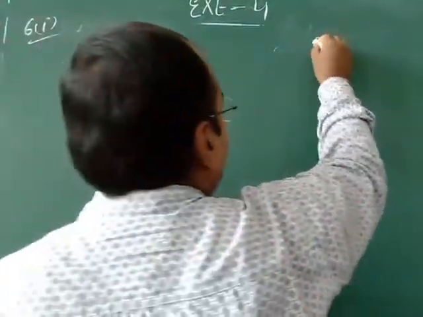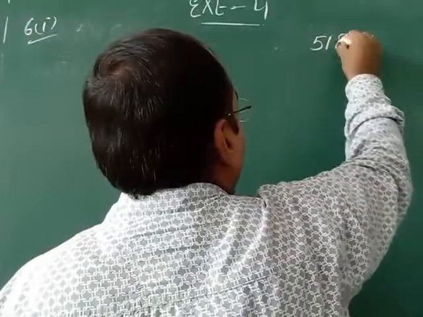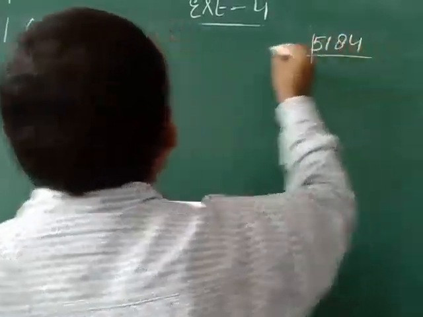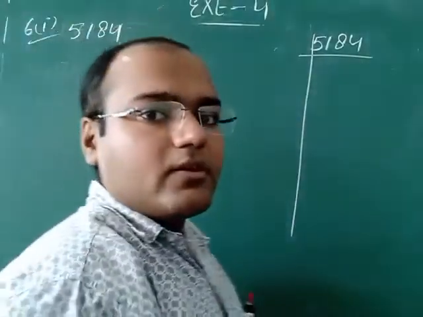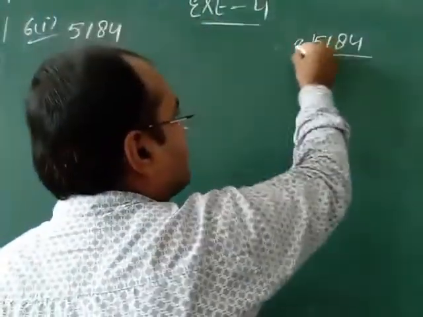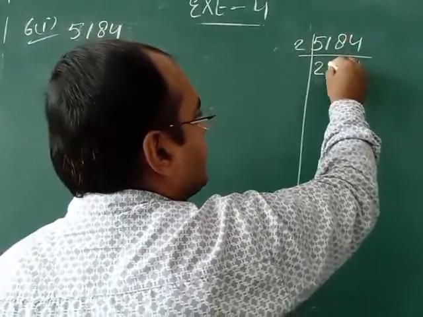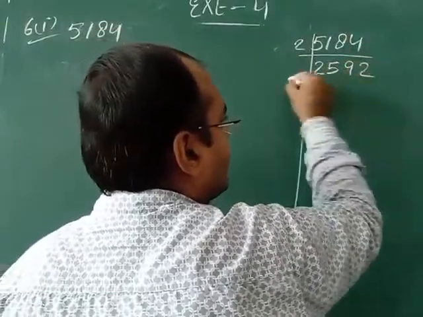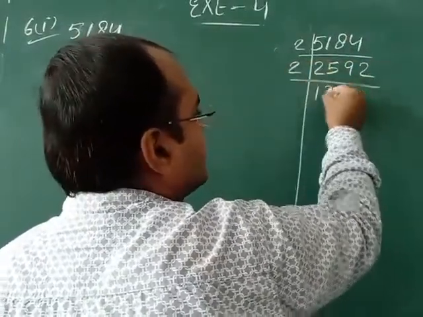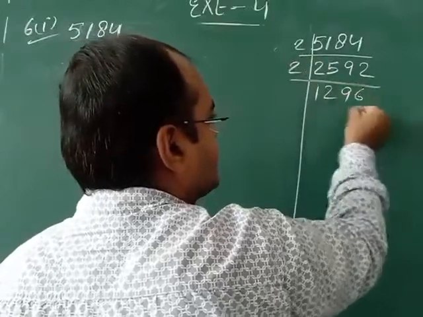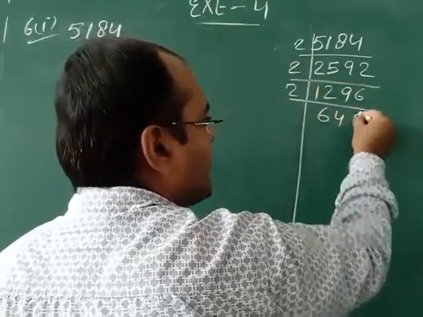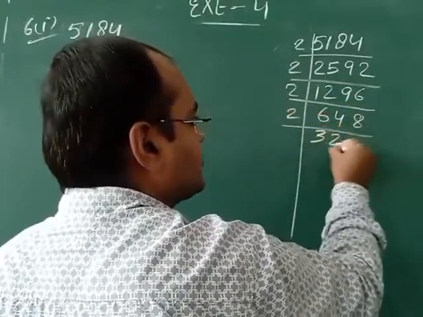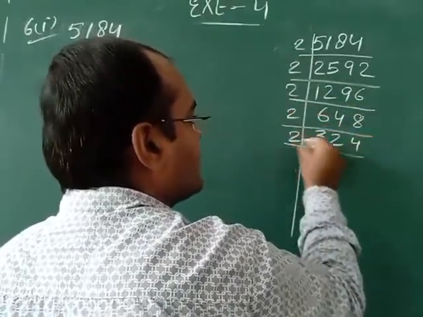So first part you see, what you have to do, 5184 is given. So first of all we have to find the prime factor of 5184. Now first of all we will do it with 2. 2 2 ja 4, 1 remainder, 2 5 ja 10, 2 9 ja 18, 2 2 ja 2 1 ja 2, 2 2 ja 4, 2 9 ja 18, 2 6 ja 2 6 ja 12, 2 4 ja 8, 2 8 ja 2 3 ja 6, 2 2 ja 4, 2 4 ja 3.